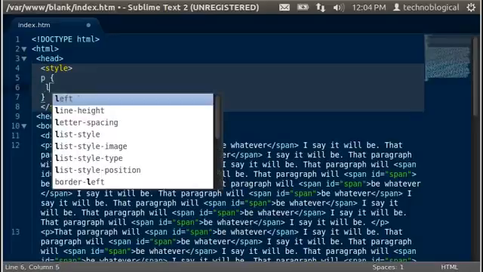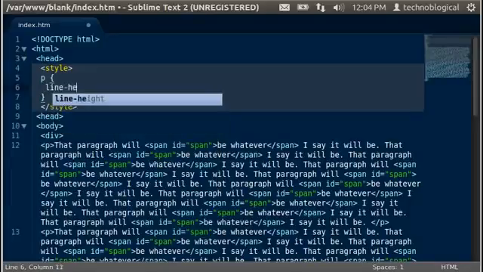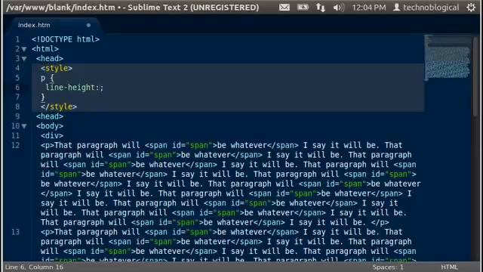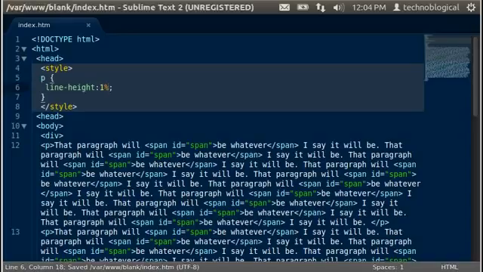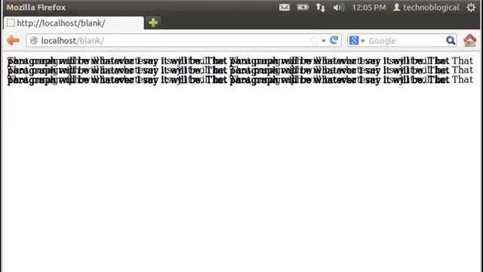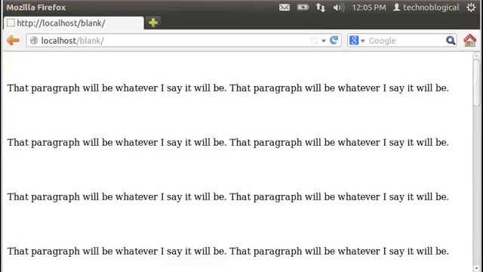So line height, and it'll wind up being measurable in several things. I don't think you can actually do percentage on this one. Oh, you can do percentage. You can't do it with the letter spacing. You can also do inches, so 1 inch, and that'll make each line take up 1 inch worth of room. With the percentage, it